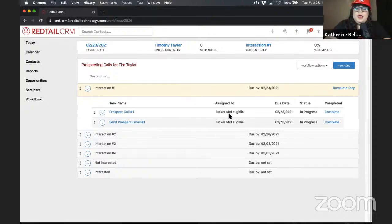Exactly. Now, coming back to it, one thing I do want to clarify is if you know for a fact someone is going to be out of the office, maybe for a medical leave where it's multiple months, I might say go to the template instead and update that. That way you don't have to change this every single time for that 3, 6, 8 month period, whatever that case is. Now, I did want to leave these as Tucker only because I'm logged in as Tucker